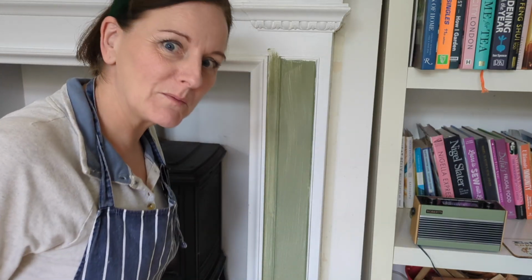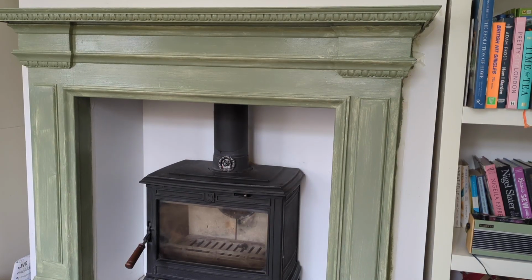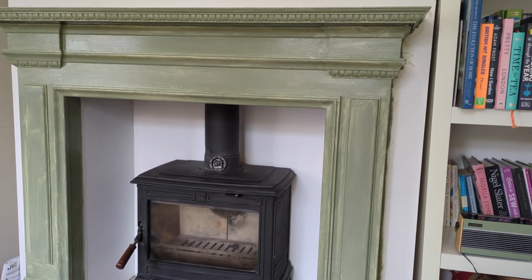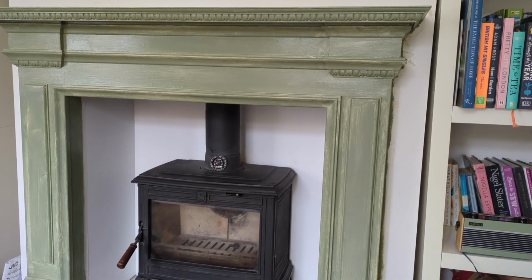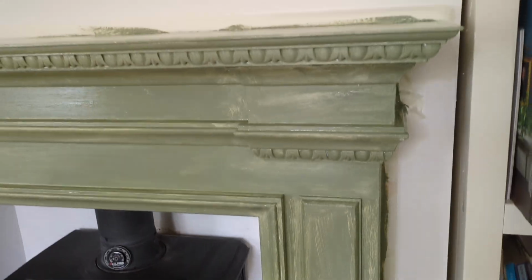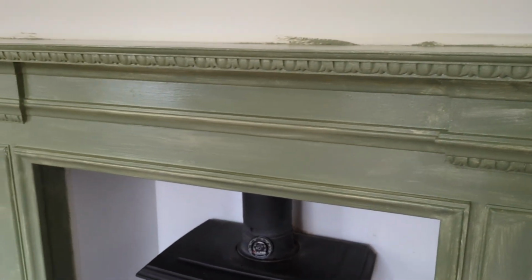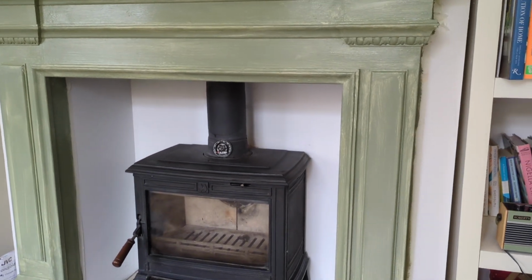Let's look at this. So this is coat number 1. Slapped on. I think I've got more green paint around the edge. I put masking tape around the edge, but I was sort of doing it as I was going along. So I'm hoping it's all going to be okay. I'll have to touch it with some white paint. Anyway, yep,